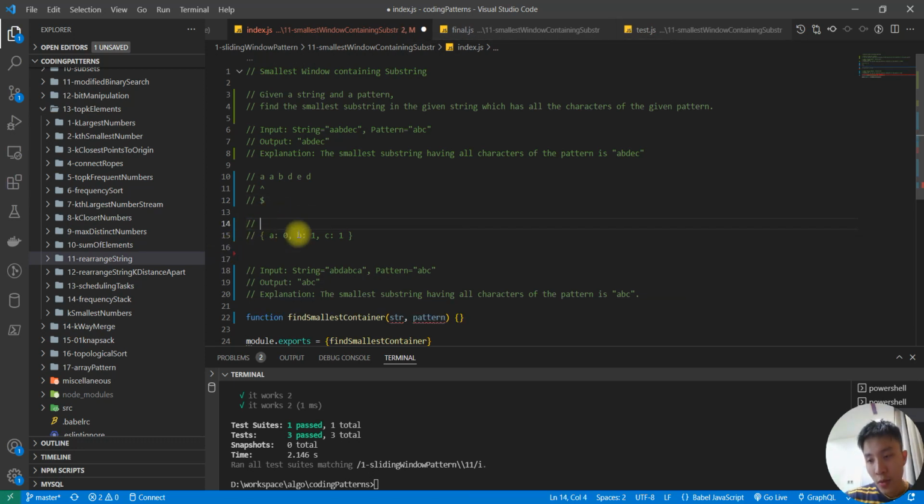Another thing that we can do here to help us easily check whether we have included all the characters